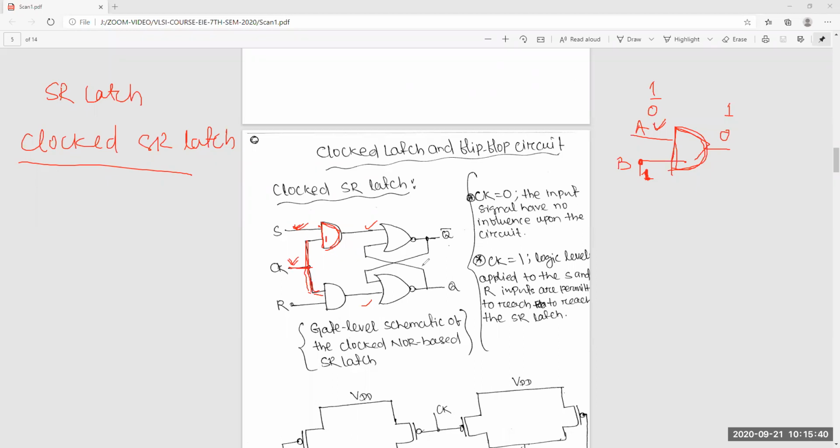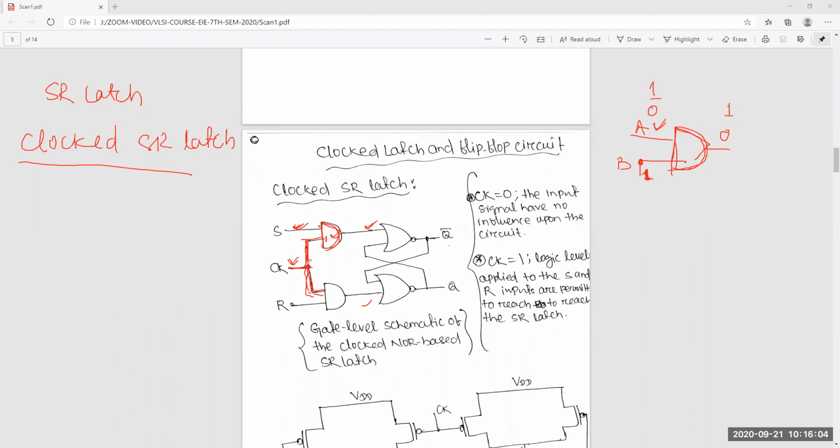Initially the back-to-back inverter was there. Now, to get more advantage in modifying the inputs, we used the SR latch with only NOR or NAND, and now another control to enable that circuit. Use another two gates, AND gates, you can also use OR gates.